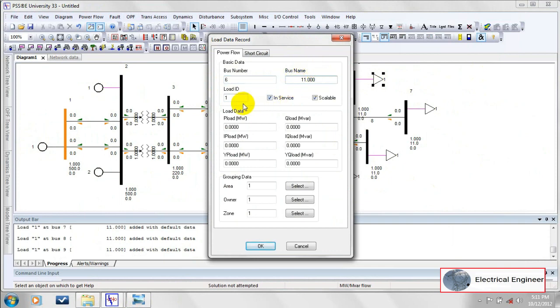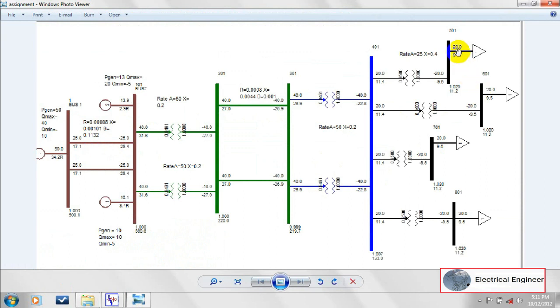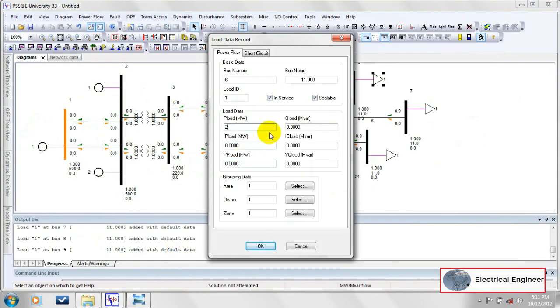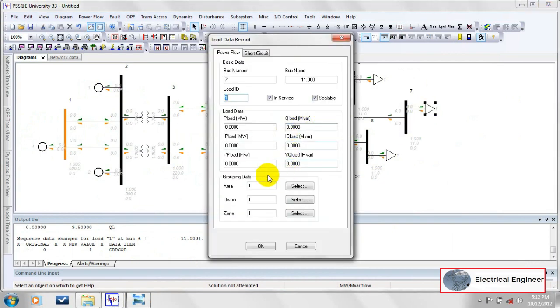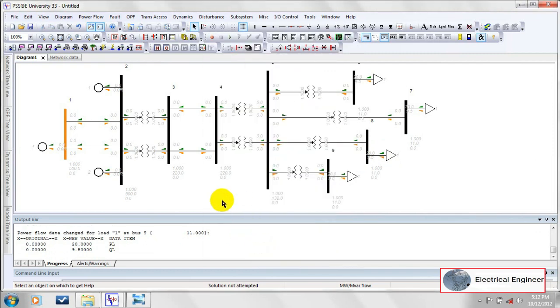We add the load data, which is megawatt and MVRs. Now we add the generator data as given in the diagram.